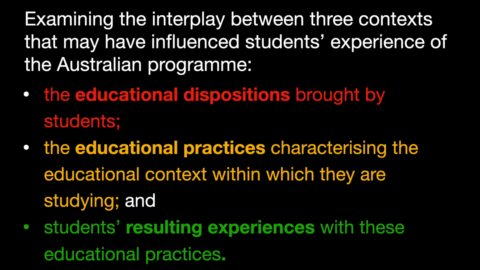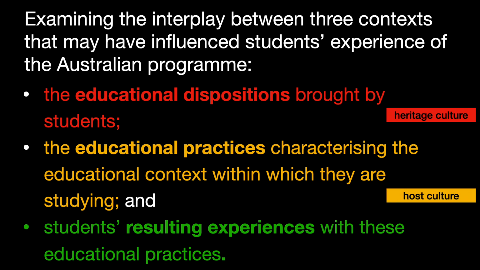So we hope you can see that this is a piece of research that takes seriously the rules of the game, and so will involve exploring the legitimation codes that the Chinese students bring with them from their heritage culture, and also the legitimation codes of the online course at the Australian university, which can be conceptualised as the host culture, and what plays out given those codes when they have contact. Will there be a code clash, for instance? How will students' learning be impacted? And once all this has been analysed, what possibilities are there for the future?